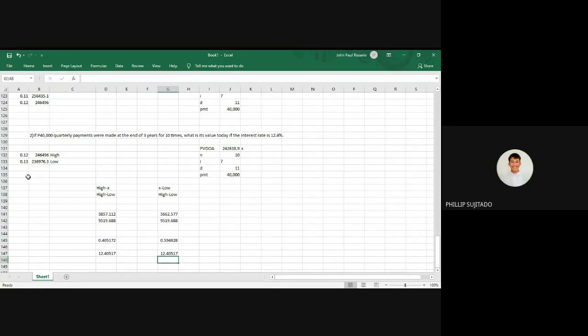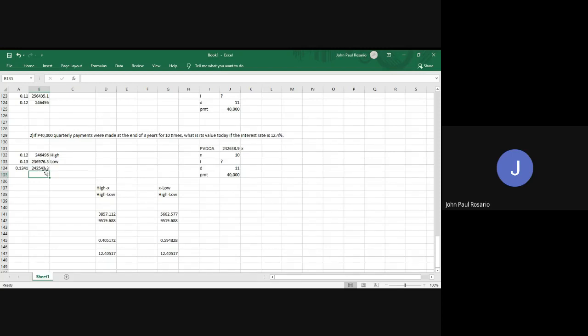Yes, sir. Okay, so meaning daw, atong interest is, let's try kung 12.41. So let's try kung mao ba iyahang makuha, no? So 12.41, 12.41, and 12.41. Okay. And then 242,543.3. So, gamay ra siya ligas, pero dili pa siya sakto nga figure, no? Medyo layo pa siya. So, our goal here is to get as close as possible.